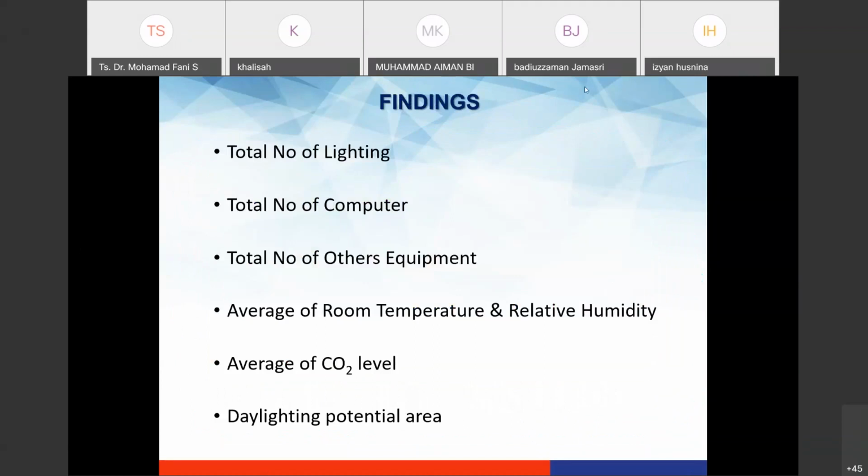So for the findings, we can have the total lighting, total number of computers or other equipment. Imagine that we do the room data survey in FKE. So we have lighting, computers, other equipment total, the average temperature and relative humidity, and CO2 levels. Why CO2 level? We do the measurement for CO2 level